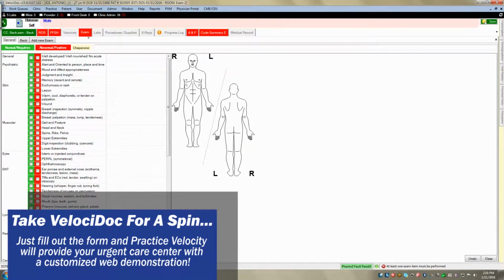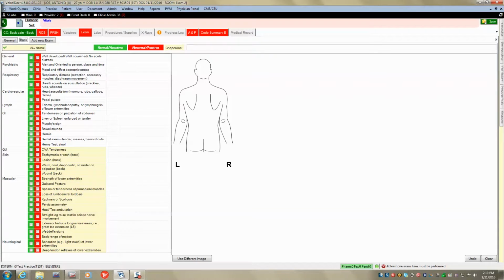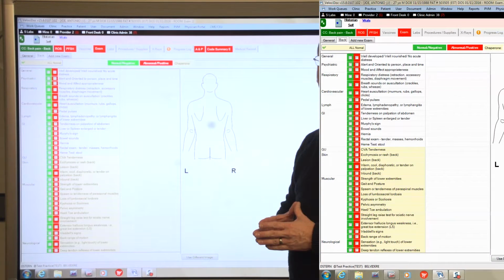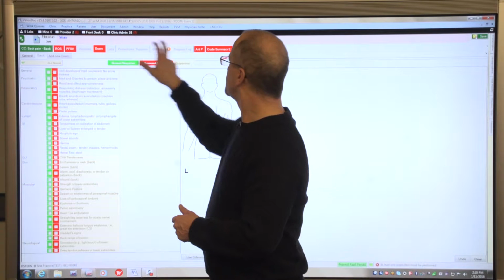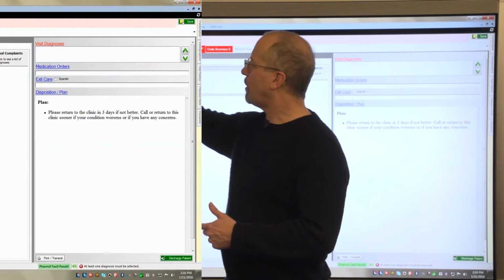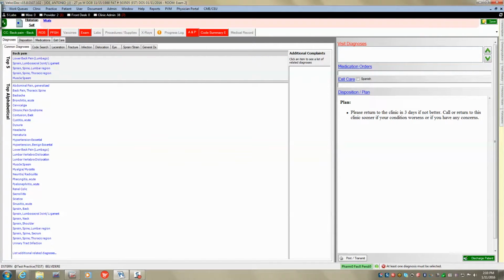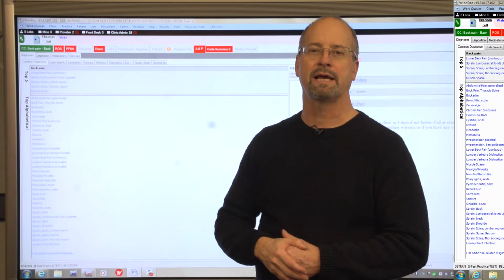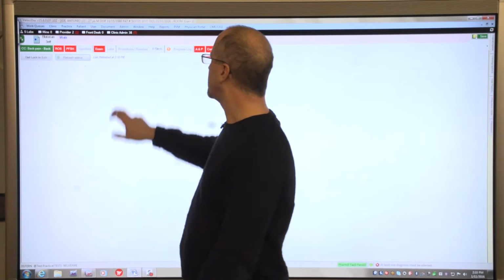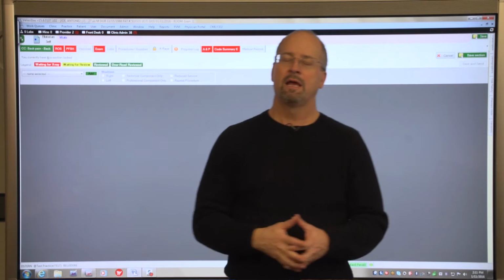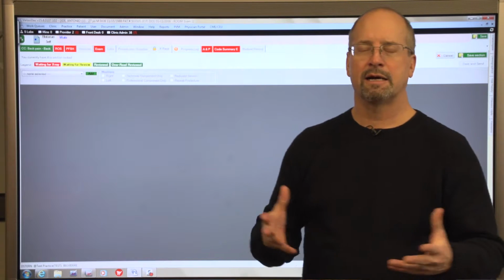Based on the chief complaint, the Exam tab will default here to an exam, in this case, because the patient's chief complaint is back pain, an exam that is specifically designed to allow the physician to document that body area. Then we move over to the Assessment and Plan tab, and there already are the diagnoses that are frequently associated with that particular complaint. If we want to order an X-ray, we're integrated with many of the X-ray systems, and